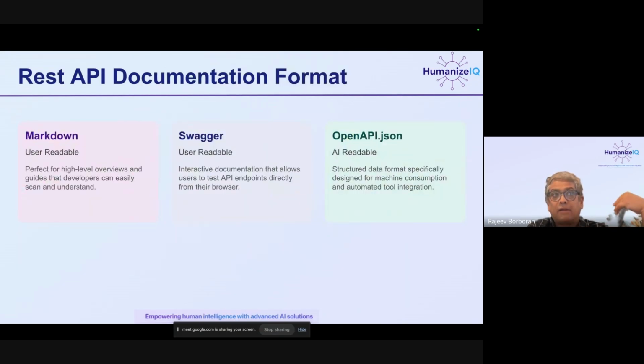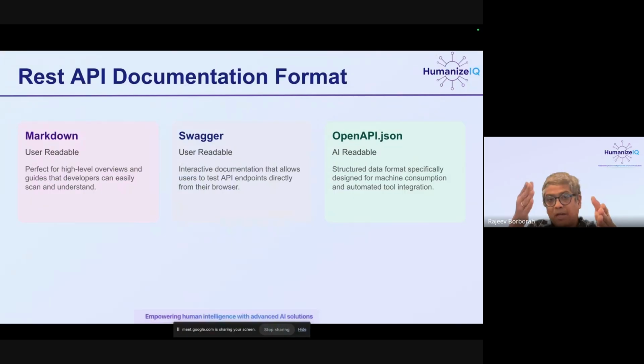Okay. REST API documentation. So there are multiple ways to document REST APIs. The first one is Markdown. That means that you can manually document something in a Markdown format, and I will show you an example of that. And you can say that, okay, this is the API, the verb is this, the URL is this, this is the input parameter, this is the output parameter, these are the HTTP codes, these are the error codes, this is the format. You will document all of this manually, and there's nothing wrong with it, and you can get a design review done. In case of complex APIs, it is good to do it that way.